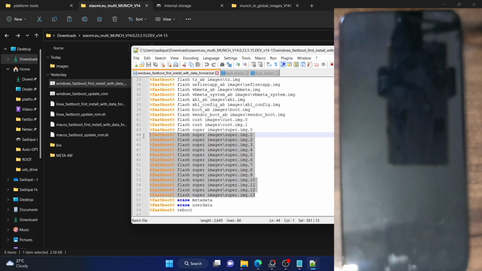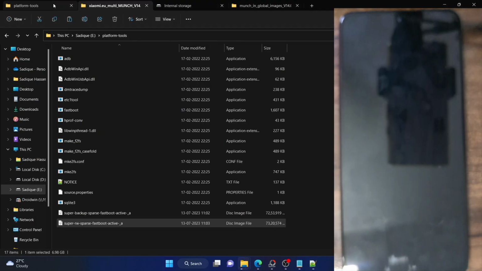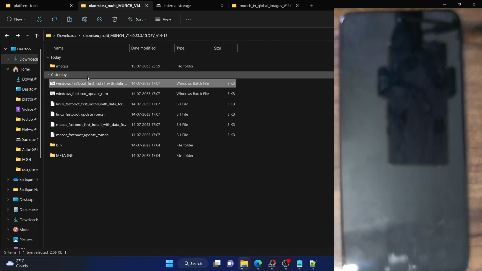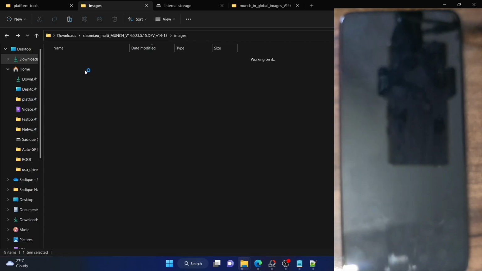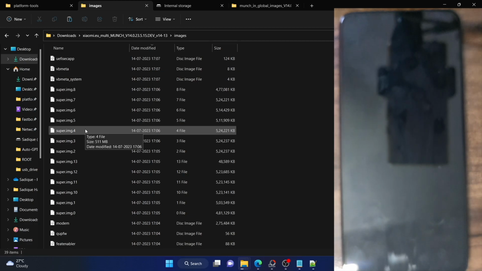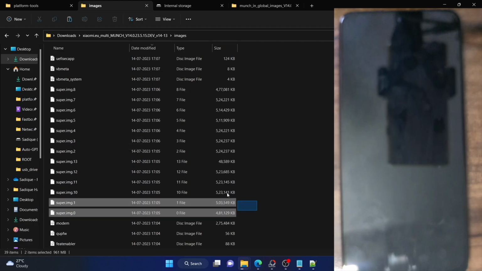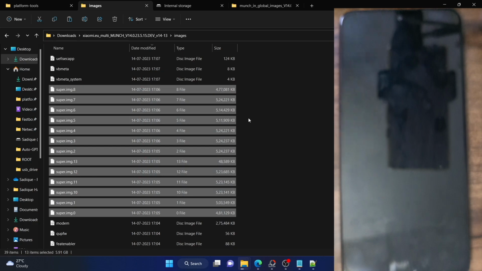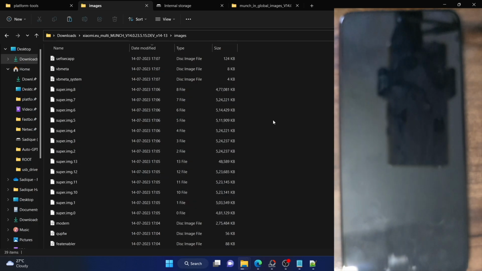Rather, we want to flash the super img file which we have copied from here. So just to repeat, this is the RW file which we want to flash. But as of now, the Xiaomi ROM is flashing the stock super img files which are present inside the ROM. As you can see, these are the files. So you could take two approaches. Either remove all the super img files and then make a change there,